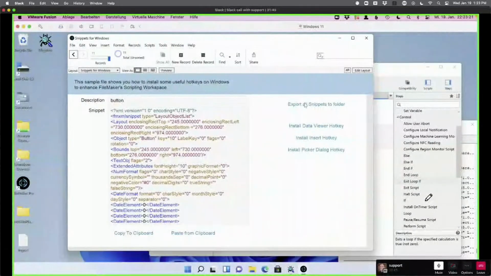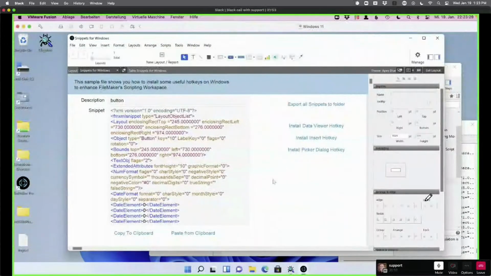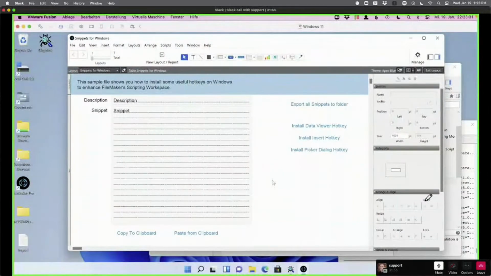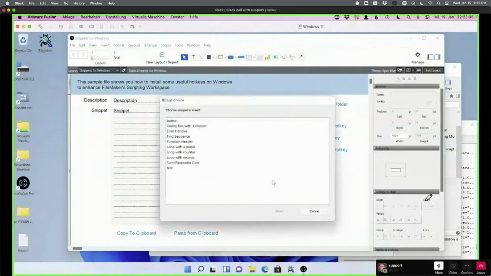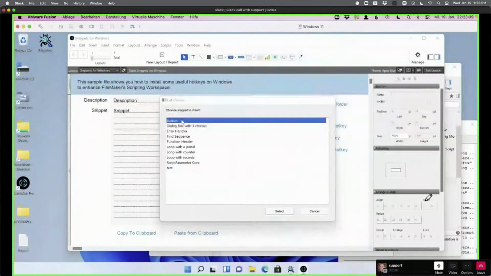So let's write that to the script folder. Okay, and now we go on edit layout. And what happens if I press this command, Control F7? Oh, I get the dialog. Okay. So I select button, and